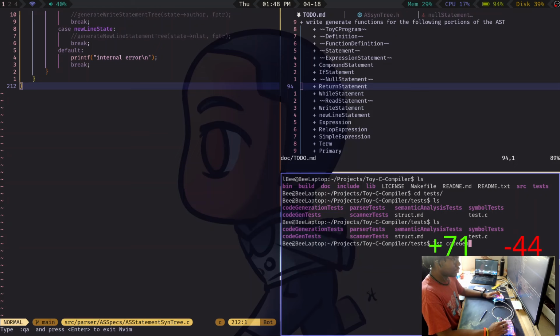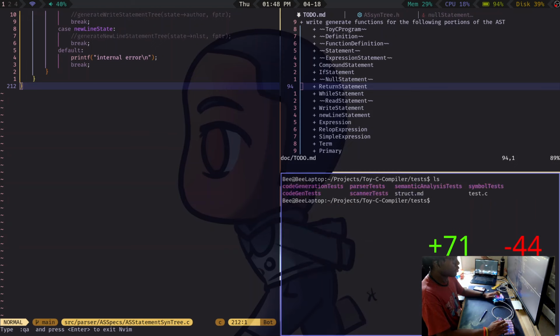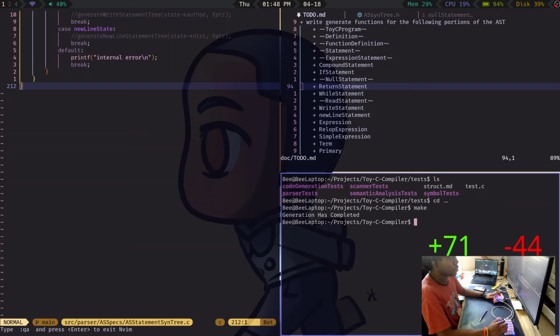What's in here? Move what's inside of code gen test into code generation test. Code gen tests. Yeah, there we go. Now we're good. So now we can make and then make run with the arguments.